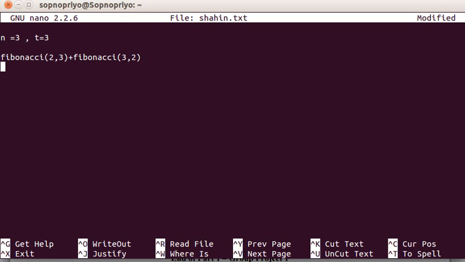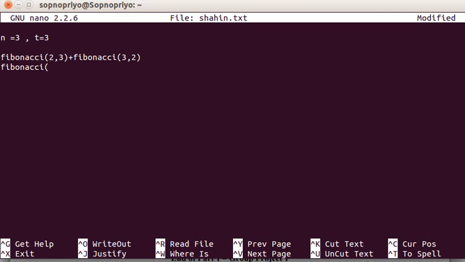Now this value is returning. So there are two methods, and they will be called consecutively. Firstly this one, after that this one. If you split the first one, your first two conditions are not true: neither n equal 1, nor t equal 1. So the third condition is true, so the third condition will return